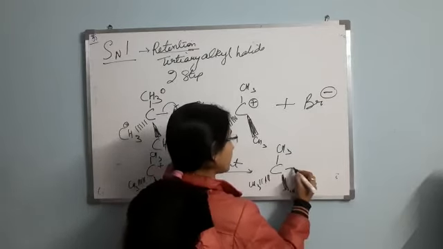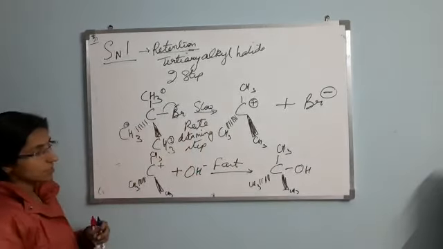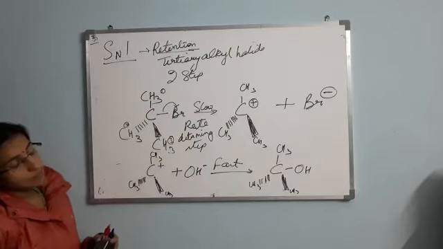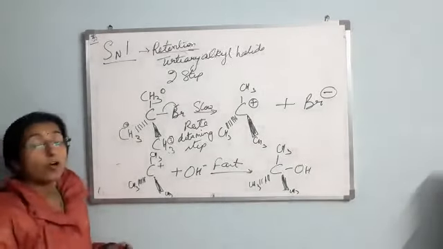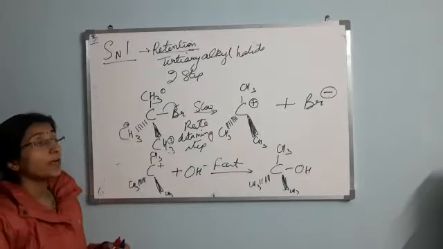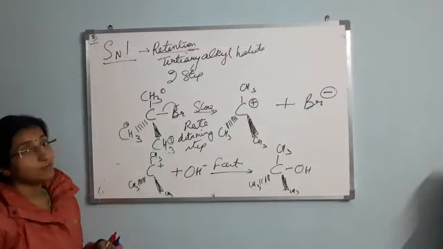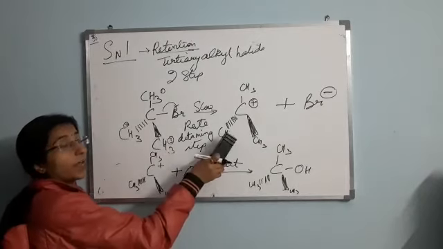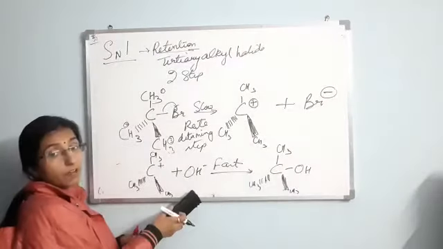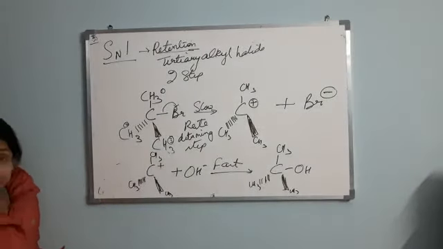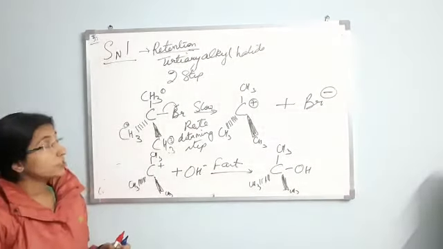The configuration will remain the same. So, in case of SN1, the configuration will remain the same. Why? Because from the side where the bromide ion, that is the halo group, has been removed, from the same side the nucleophile has attacked. It means first is the formation of a carbocation, and later on there will be attack of a nucleophile. So basically it is a two-step reaction in which retention of configuration occurs. It goes best with tertiary alkyl halide, with formation of a carbocation.